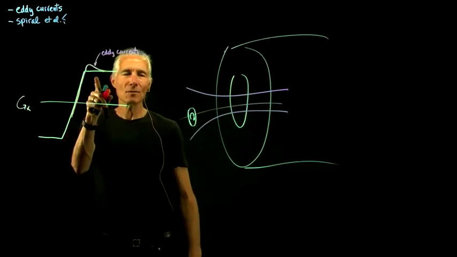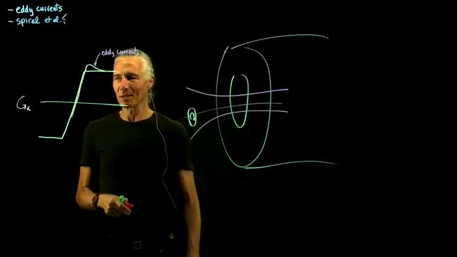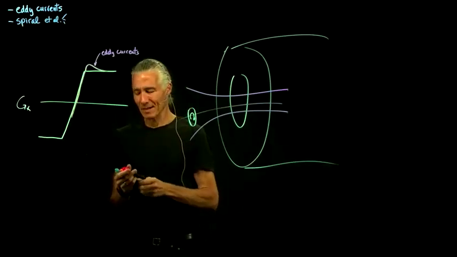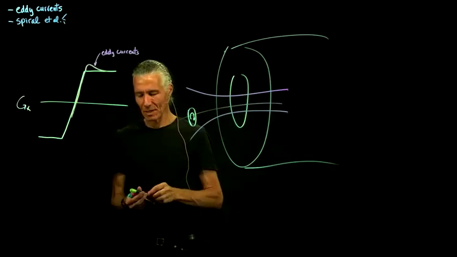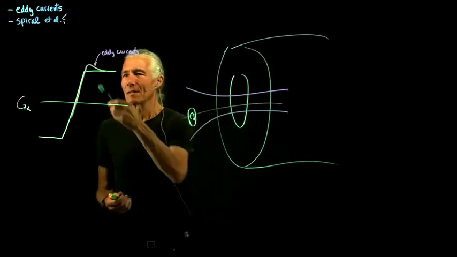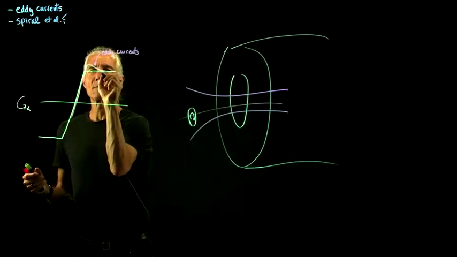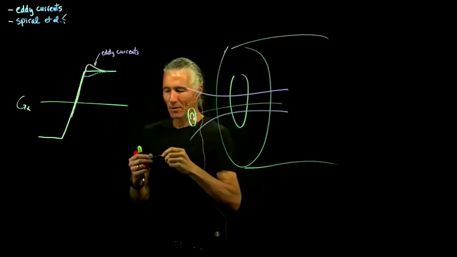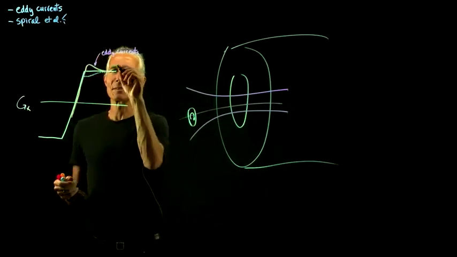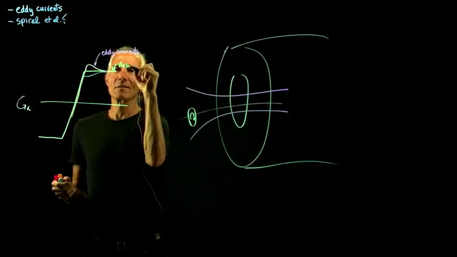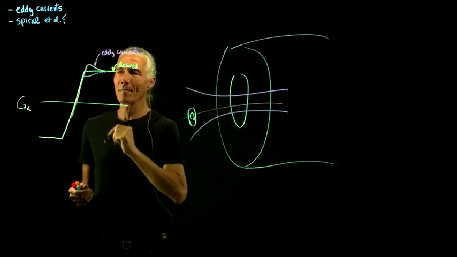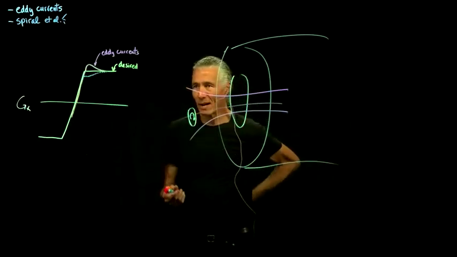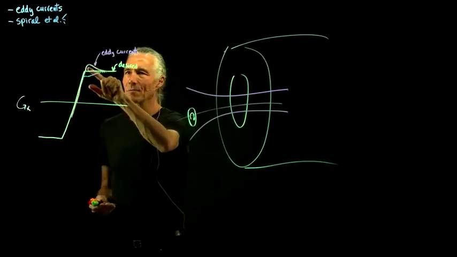And so this is well known that it doesn't do what you told it to do. And so there's a whole complicated system in there called eddy current compensation. And what it does is it attempts to essentially compensate for that. And so what it will do is, this is what you asked for. So this is the desired. So in your pulse sequence, you program that. And then what the magnet does is it says, oh, I know you want that, but if you actually did that, you would get this,